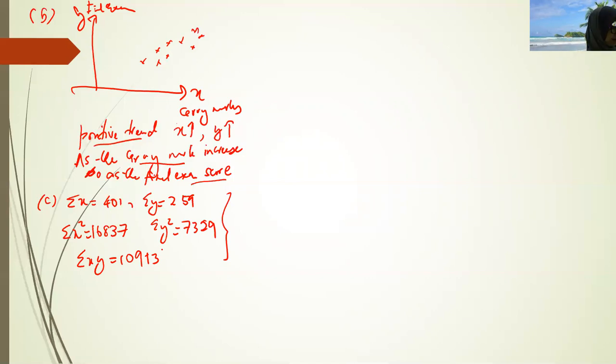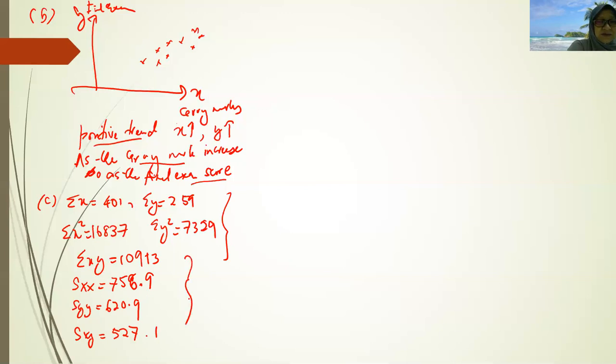You can key in the data in your calculator and automatically get all of these values. From there you can determine the value of Sxx, which should be 756.9, Syy equal to 620.9, and Sxy equal to 527.1. From there you can determine your R, which is equal to